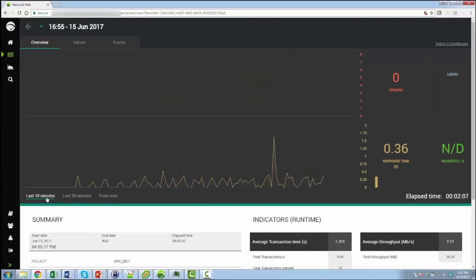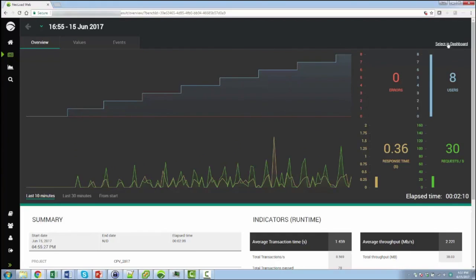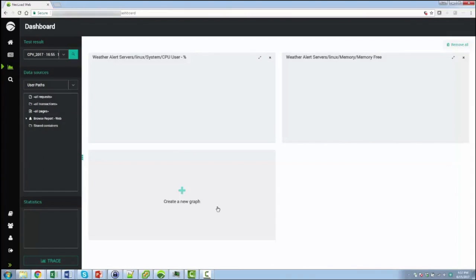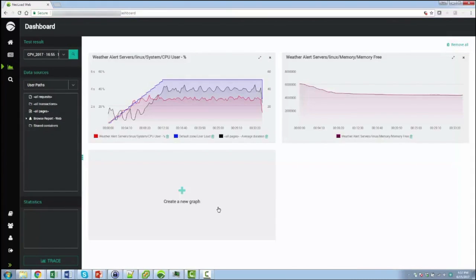When I'm ready to do a deeper analysis of the test, I'm also able to drill in and create the dashboards. So just like you're used to with the NeoLoad controller, building out the graphs for the front end and the back end, it works the same way. So here in the top left, I can see that I have the CPU user percentage on a Linux system, as well as the average page response time and the number of users. So 3 different performance metrics being overlaid on a single graph. And then over here on the right, I have the memory free for the server that's hosting that application where